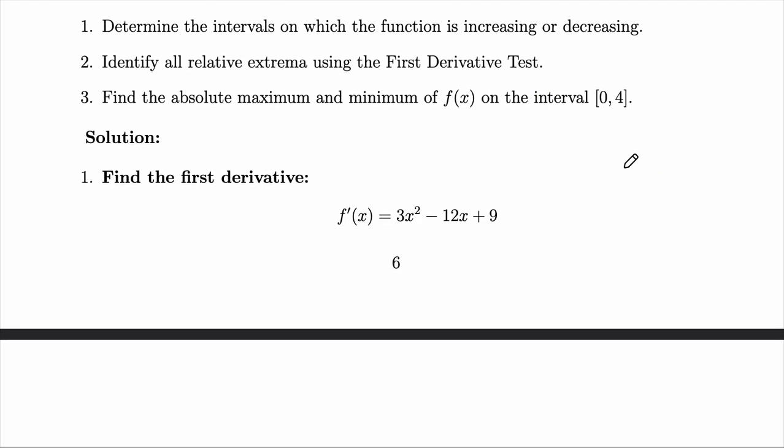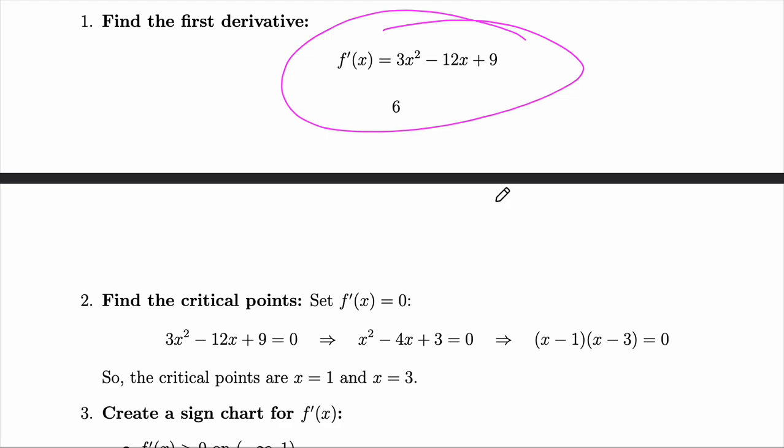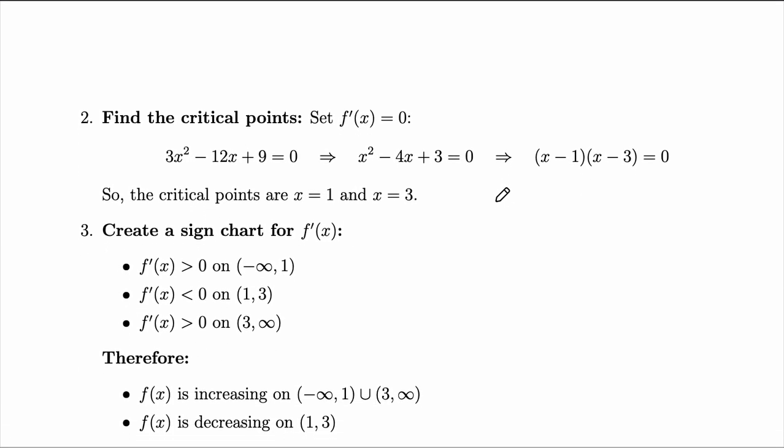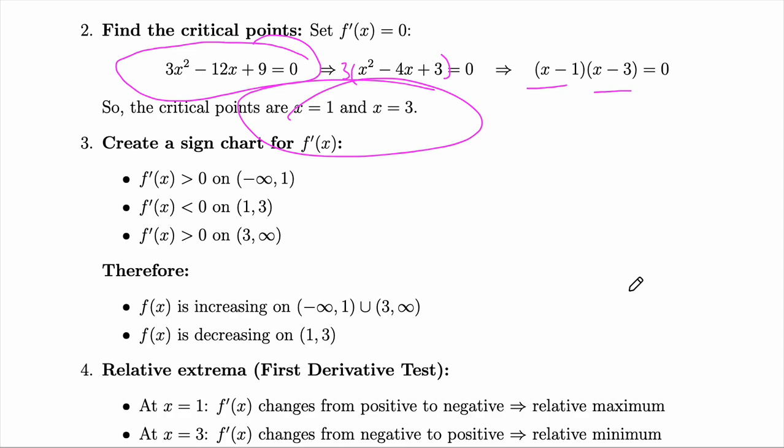Okay, so let's start off by figuring out where the function is increasing and decreasing. So the steps to do that, step number one is just to take the first derivative, which I've done here just using the power rule. Second step, we're going to find the critical points by taking our derivative and setting it equal to 0. This basically just has to do with factoring. I actually dropped my 3 there, but there is a GCF of 3 that I pulled out. And then I went ahead and factored it here. I set each one of these equal to 0, and I got my critical points of x equals 1 and